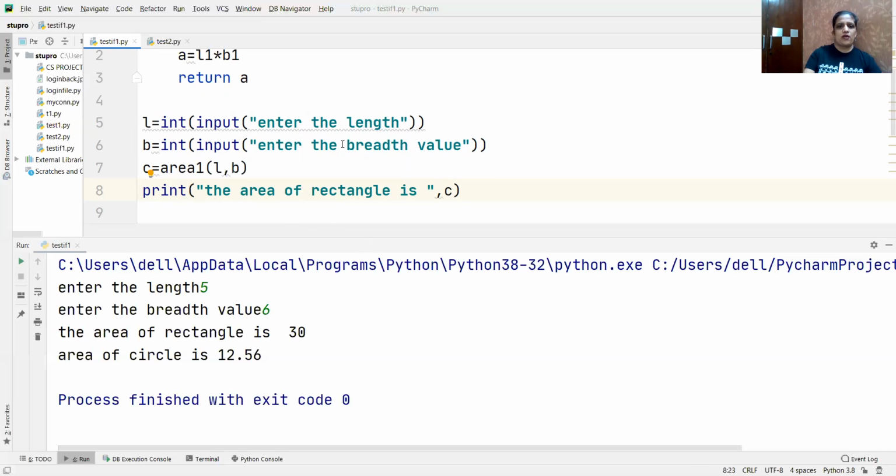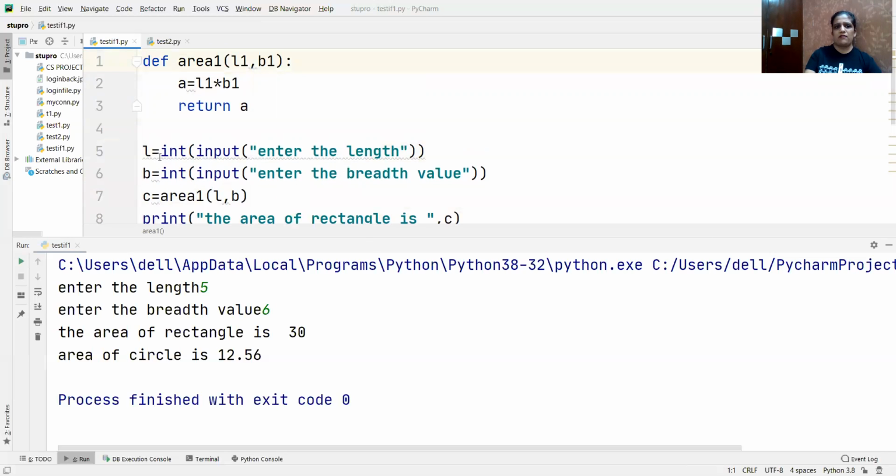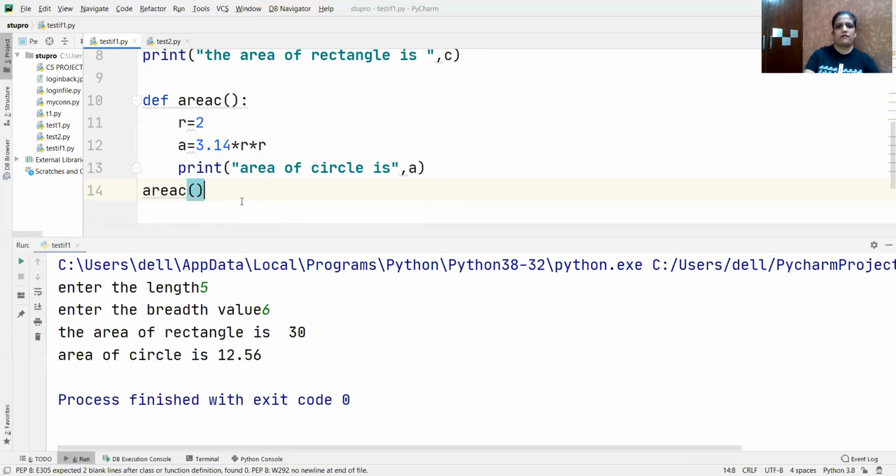Fine. I hope you are able to understand what are functions. Function should be defined with the keyword that is def, and then you have to write the name here, area1. We have done this here. हमने function का नाम रखा, and then you have to put colon symbol and what process you need to do. Say as example in this function I'm finding the area of circle. So I have taken two variables here. R is equals to 2, A is equals to 3.14 because the formula is pi r square. So I've written here 3.14 into R and then A. A में हमने process वो store किया and I'm printing that. ये तो हो गया code of your function.